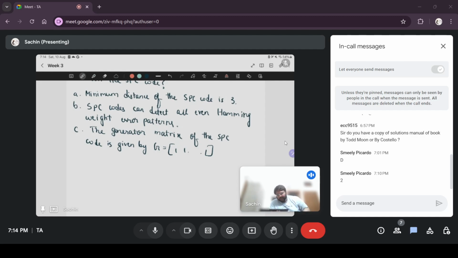Is this statement true? Well, it doesn't seem to be correct